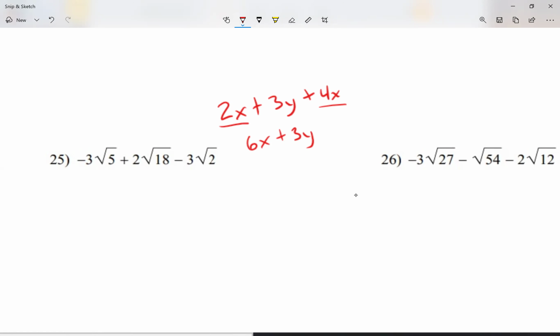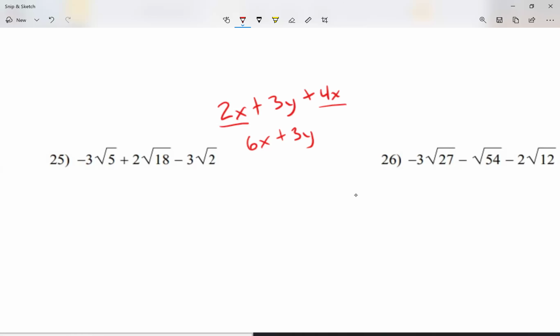Like I said, we've seen this like terms idea before. Well, the same thing is going to happen with radicals. I'm going to be able to combine only those terms that have the same radical. Notice when there were letters, when I used x's and y's, I did nothing to the x, right? 2x plus 4x, I call it 6x. I did nothing to the letter. Same thing when we have the radicals. When I'm combining my radicals, I'm not going to change my radical. I'm just going to combine the number in front of it, which in math we call the